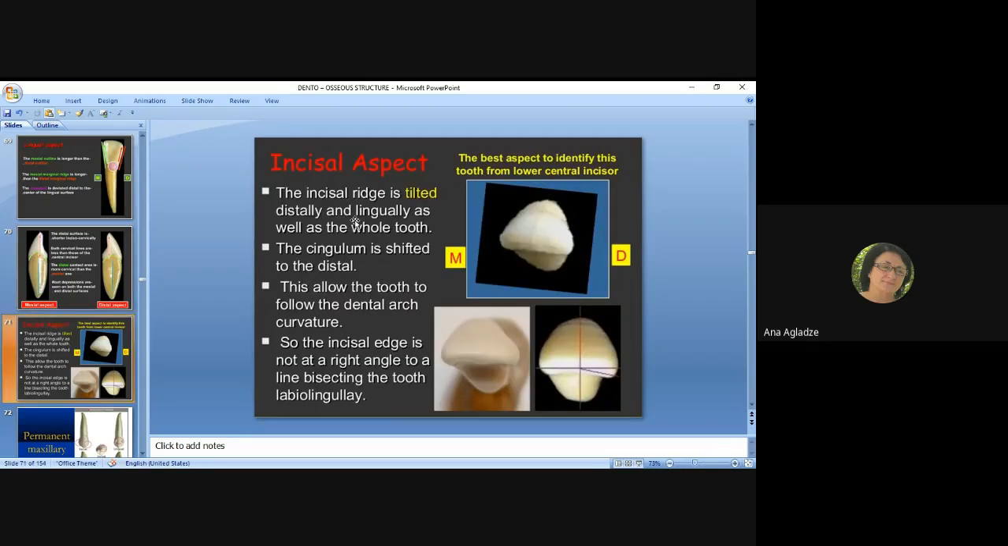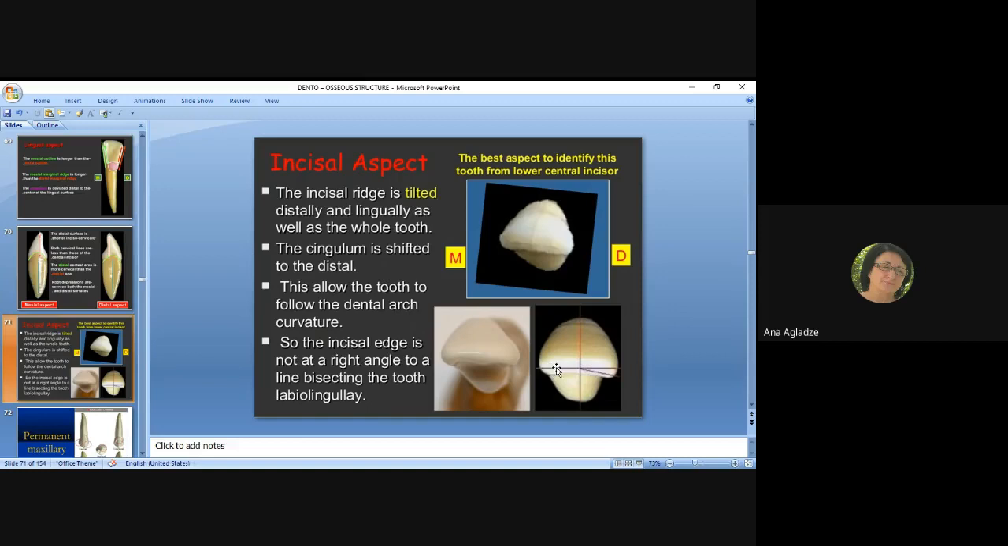And the last profile is incisal profile. You can see that this incisal ridge is tilted distally and lingually, and the cingulum is shifted to the distal, and this allows the tooth to follow the dental arch curvature. So the incisal edge is not at right angle to a line bisecting